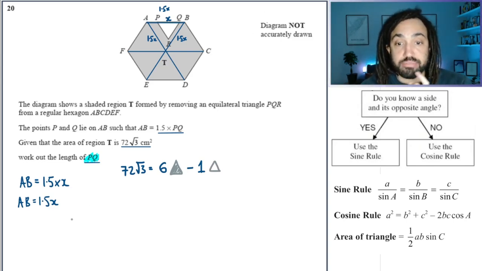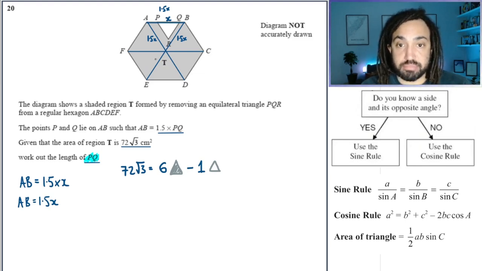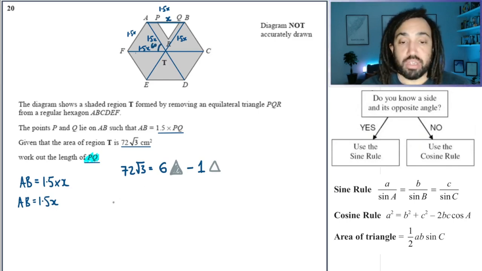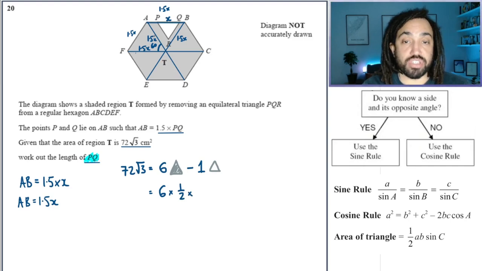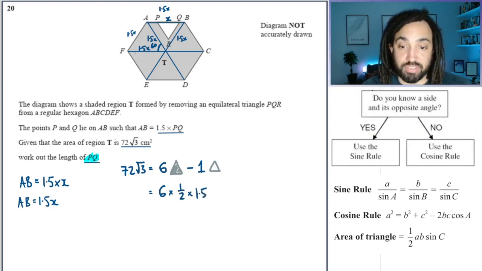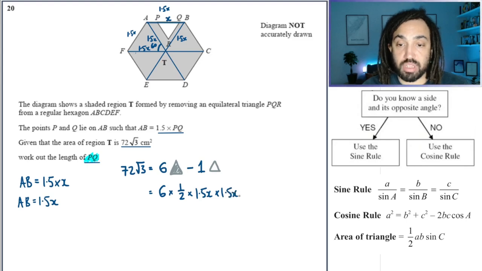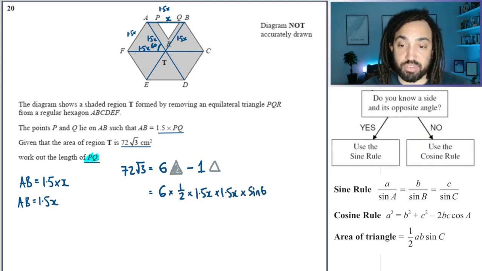Okay, so what is a grey triangle? How do we work it out? Well, if I just take this one here, we know we've got 1.5x as all of the sides, and we also know the angle inside is 60 because it's an equilateral triangle. So, using the formula for the area of a triangle, the grey triangle is 1/2 times the two side lengths either side of the angle, which are both 1.5x,